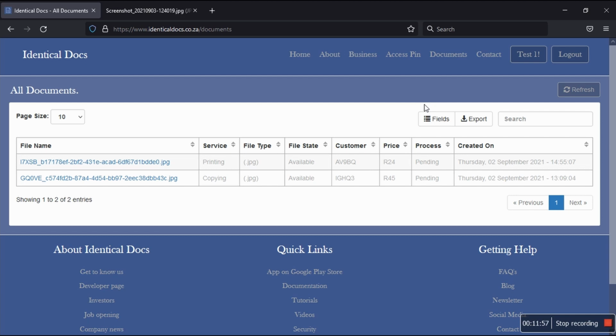There we go. The file is supported. So it's going to be copying with the black and white. No, with the color. It's double-sided, 2 pages, it's 12 rand, and now I'm uploading. Yes,